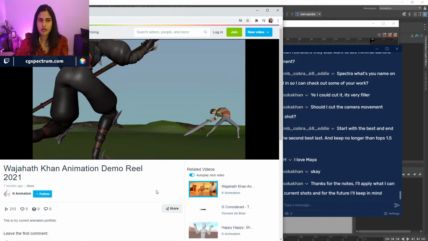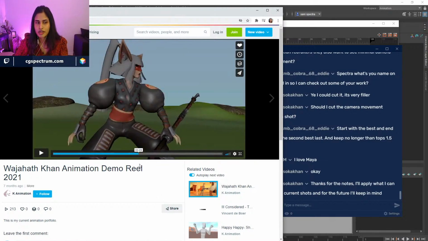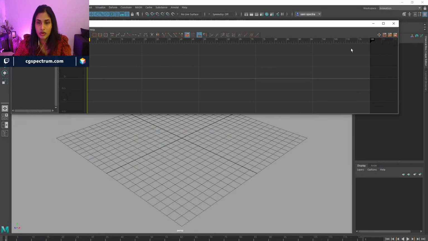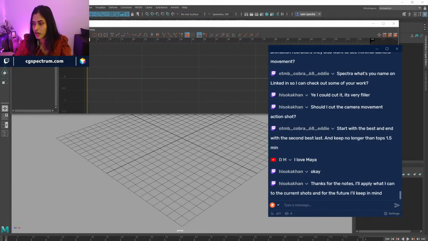The characters are pretty much performing for us on the stage. So you don't want to take the character out of the scene. You want to have them on the stage.